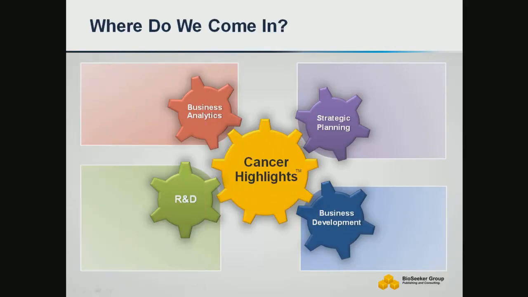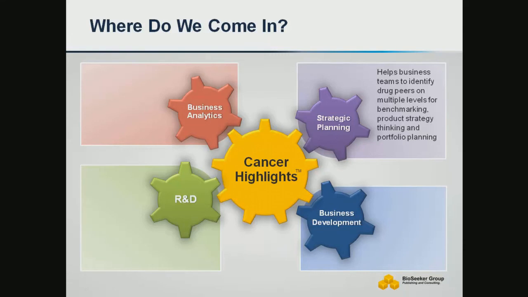Cancer Highlights is a valuable tool which can serve multiple purposes for different stakeholders within your cancer drug development activities. Typically, our subscribers mostly fall within the 4 following business functions. Within strategic planning, it helps business teams to identify peer drugs on multiple levels for benchmarking, product strategy thinking, portfolio planning, and much more. Within business development, it can help the licensing team in terms of lead identification and rationales